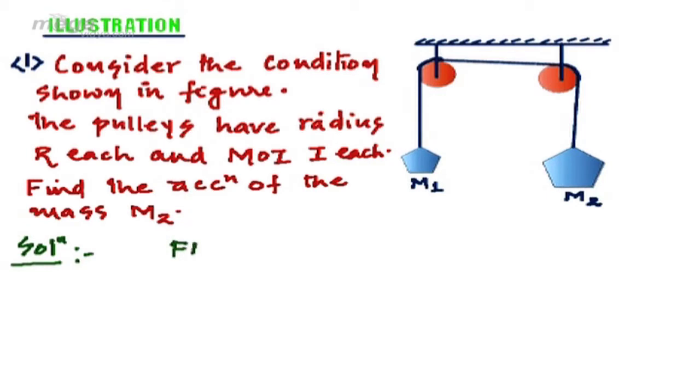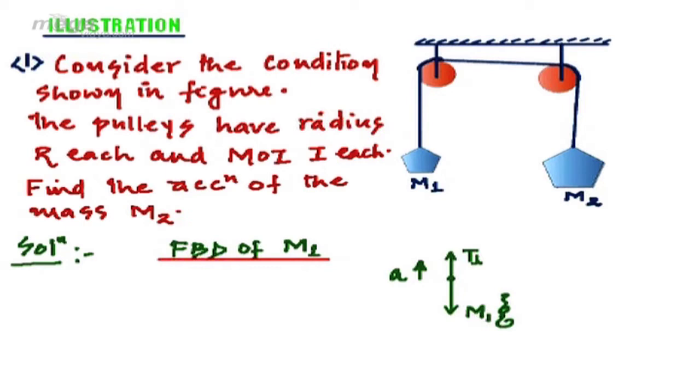Taking the free body diagram of m1, the weight of m1, that is m1g, is acting downward. Let us consider the tension in the string as T1, and as we can see from the figure, the mass m1 is going upward, so the acceleration of m1 is taken to be upward. Using the force equation, T1 minus m1g will be equal to m1a,